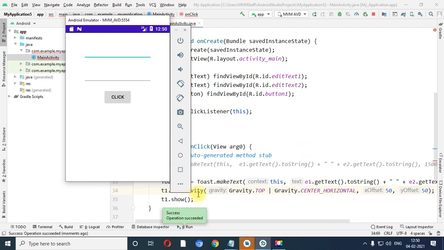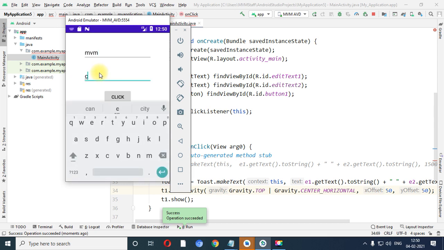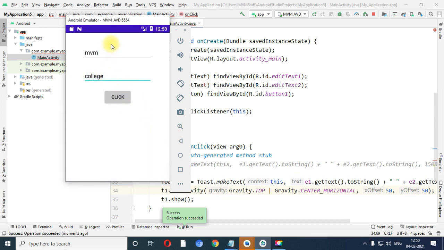That means the set gravity method contains three different options. Number one, you can set gravity, you can set x offset, and you can set y offset. MVM college, click on the button, you will get the toast over here because 50 from the top for x and 50 from the top for y. So it will display the message like this.